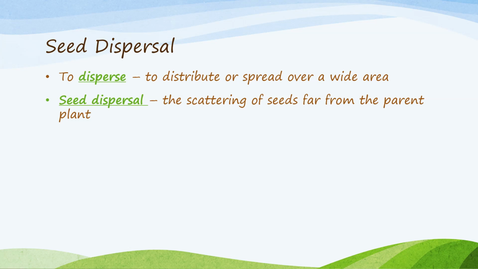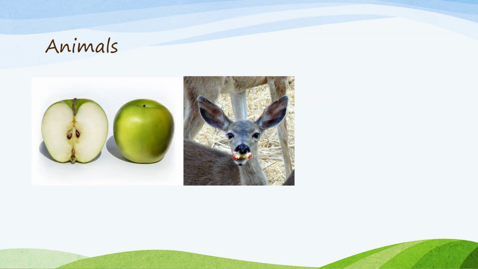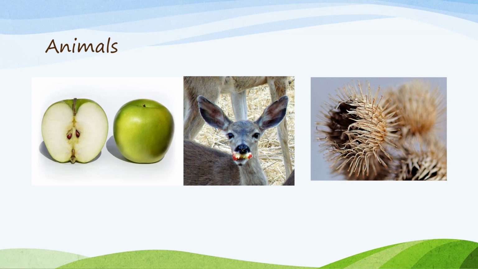But how do seeds get spread out from a plant if it doesn't have arms to throw them? There are actually quite a few natural ways. Animals spread seeds, as well as water and wind. Humans can also disperse seeds. When animals eat fruit, the seeds inside the fruit pass through the animal's digestive system and are deposited in new areas when the animal travels and then goes to the bathroom. Other seeds are enclosed in barb-like structures, often called burrs, that hook onto fur or clothing. The seeds fall off in a new area.